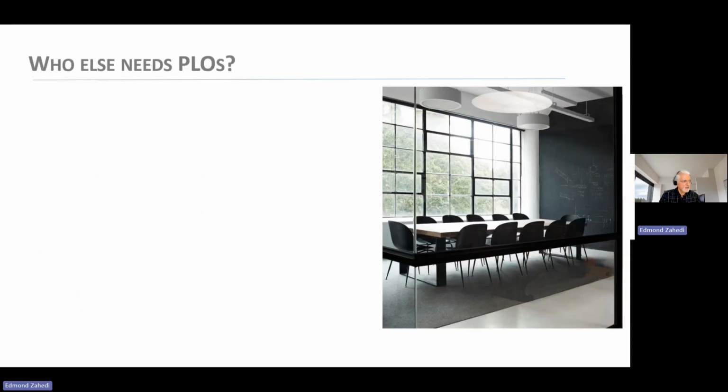But that's not all. We also have the administration, the people who are running the university, folks who need to harmonize different programs, to decide about creating new programs or giving an equivalency of their program to another one from another institution, to merge programs or simply to put to sleep a program. How are they going to decide about this? Are they going to dive into the courses? Are they going to look at the titles? No way. They need clear program learning outcomes. This is what defines a curriculum.